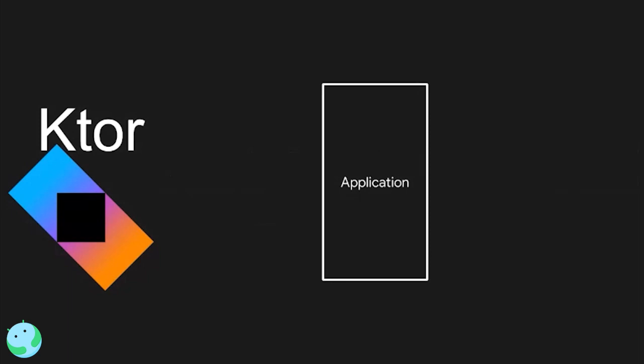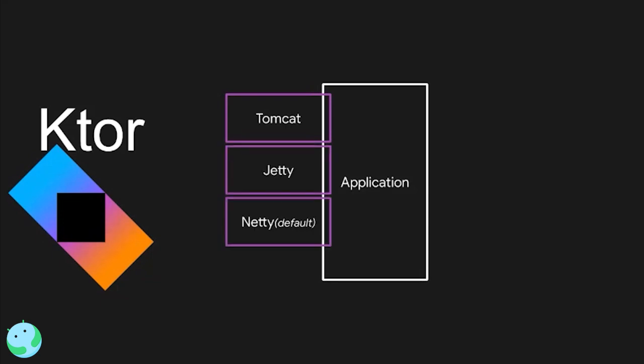The main element of Ktor is the application object that allows us to receive the requests from our client and also return the response to the client. In the application, we can define our container; we can use Ktor with Tomcat, Jetty, and Netty. In this case, Netty comes as